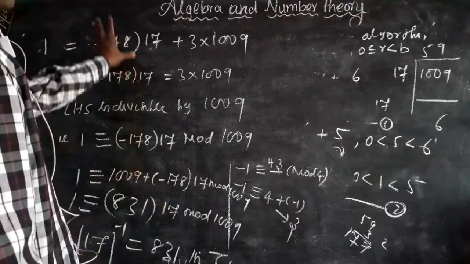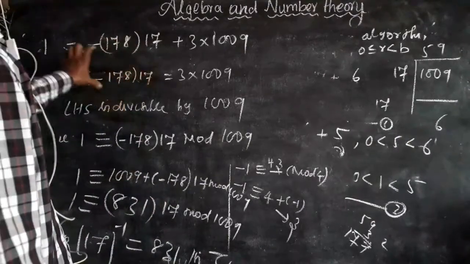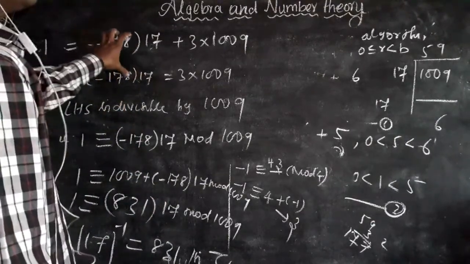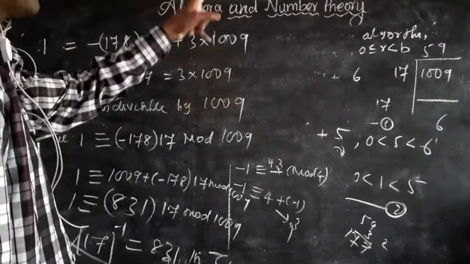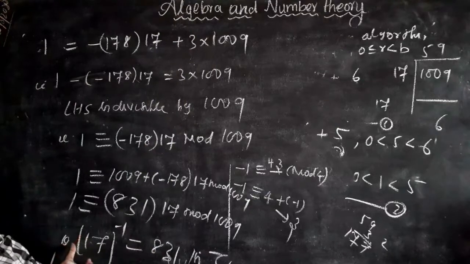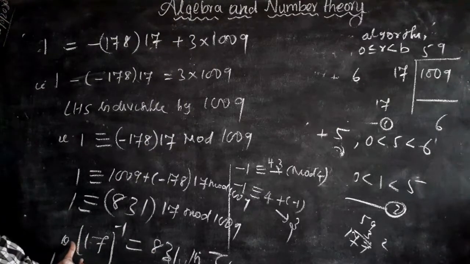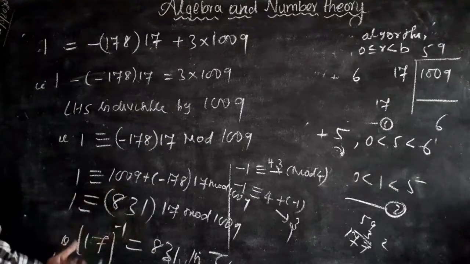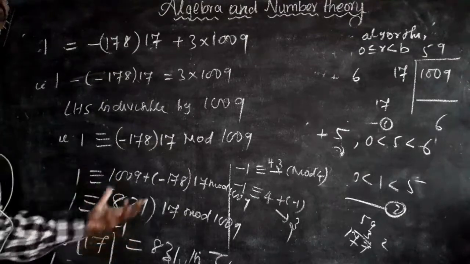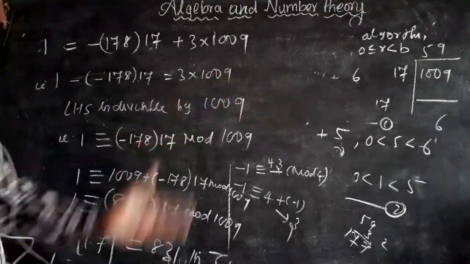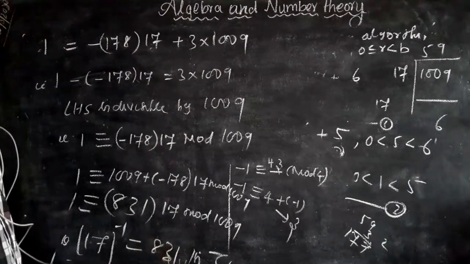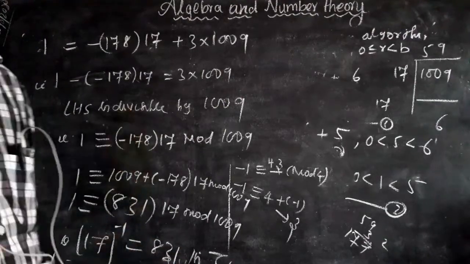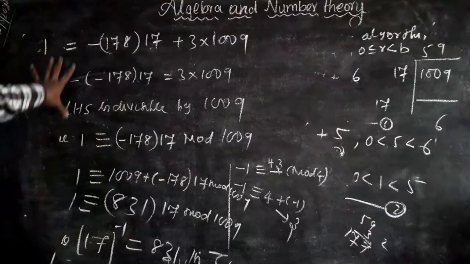Actually the basic result is: A is a unit if and only if the GCD of A comma n is equal to 1. Using that condition, the generator is an equivalence class, where x is congruent to A mod n means x minus A is a multiple of n. So 17 inverse is equal to 831. This problem will be very useful, it is a very important problem, so look again at the questions often asked.